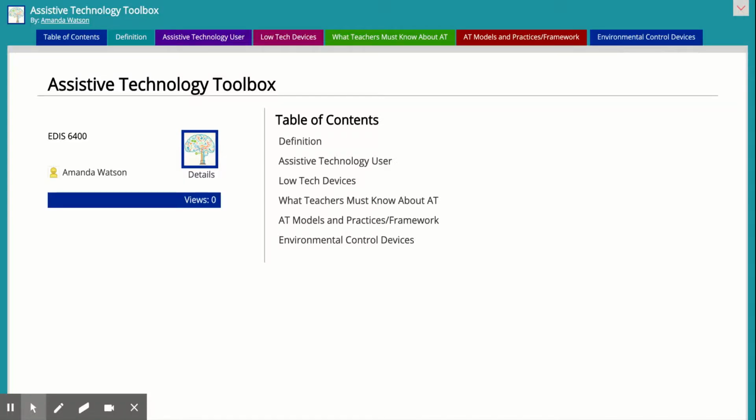Hi, this is my assistive technology toolbox, and that I wanted to show off. Some of the things that I've incorporated in here is I did do the table of contents right off the bat. I just think that kind of helps everybody just show where everything is. So there's that. And one thing you will find out is that in mine, I have added a lot of